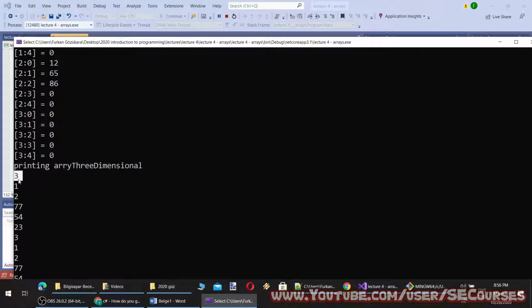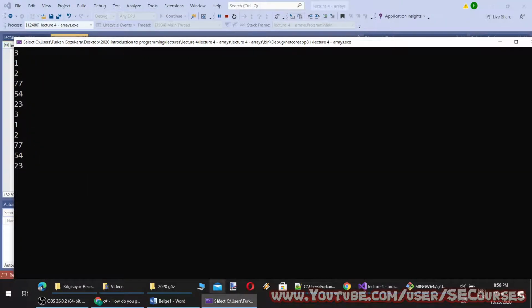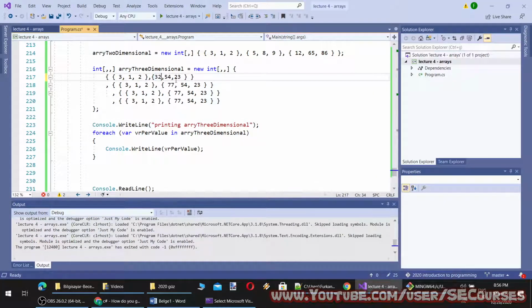Okay, you see they are printed in the order I have defined, each value. If I change the values, you will understand better. Let's make them different values so we don't get confused.